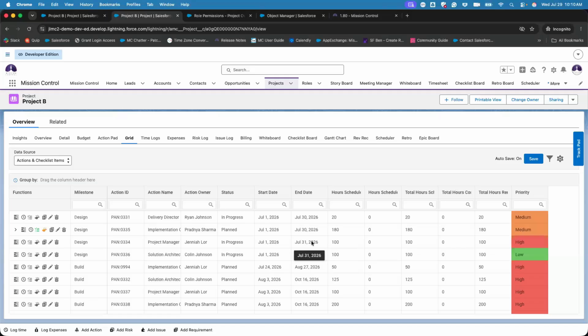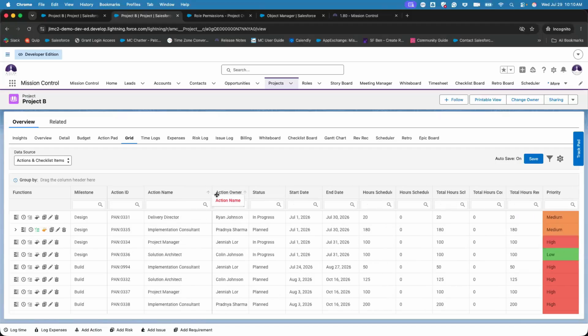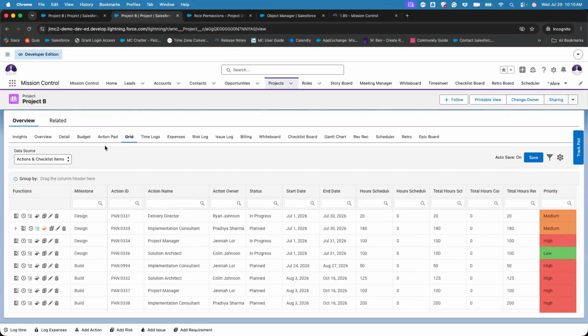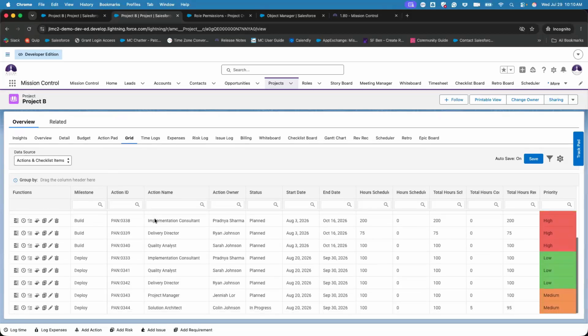And last but not least, it has pre-built mission control tools available for you to support collaboration, add notes, track data, and progress with our function icons on the left-hand side over here. So we have pre-built tools that help you edit and collaborate on these tasks within your project right away. So we'll make sure to review this tool top to bottom